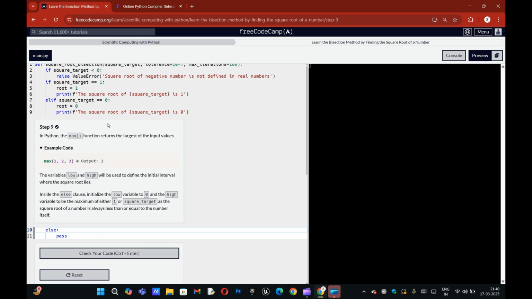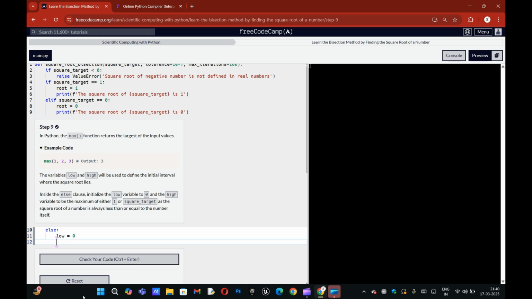So step 9, inside the else clause initialize the variables. So basically the low variable is 0, and the high variable is high equals max of 1, square target.